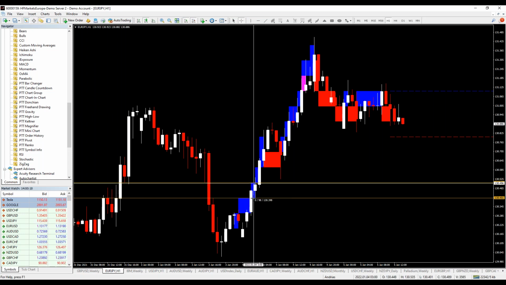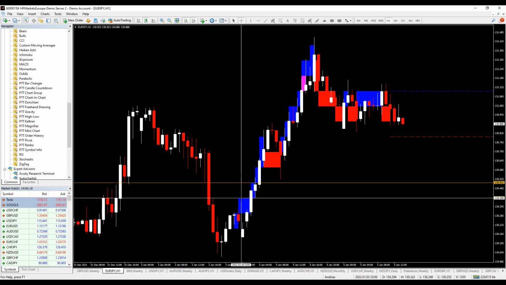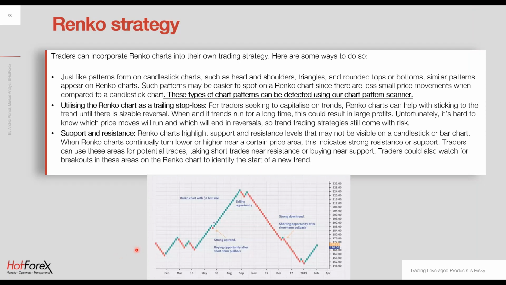So here is 98, 99, here is approximately 100. So you could have a trailing stop loss 10 pips below the price. Okay, so you can use them as trailing stops as well,